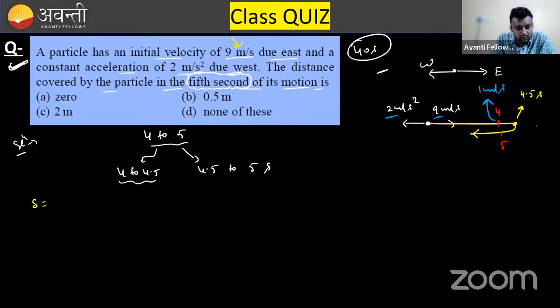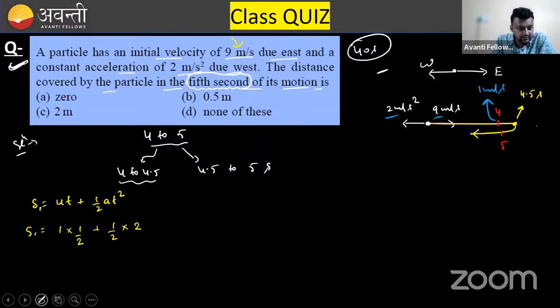So S is equal to what? ut plus half at square. Let's suppose this is S1. So S1 is what? u is what? 1. Time is what? 0.5 second, from 4 to 4.5, so it is 1 by 2 plus half. Acceleration is what? 2,